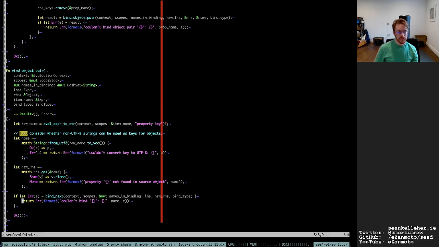What's happening here? Yeah, maybe I'll focus on this first because it's a fairly small function.